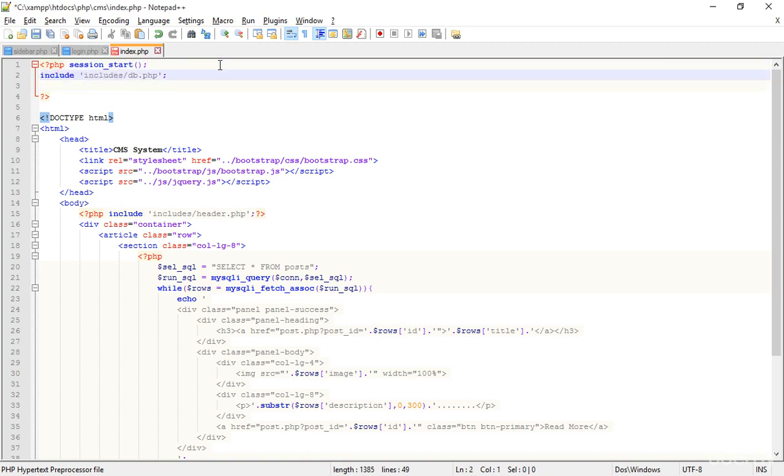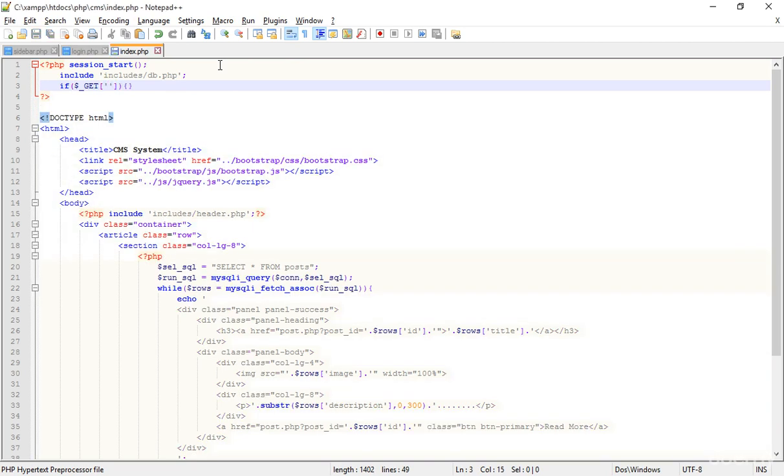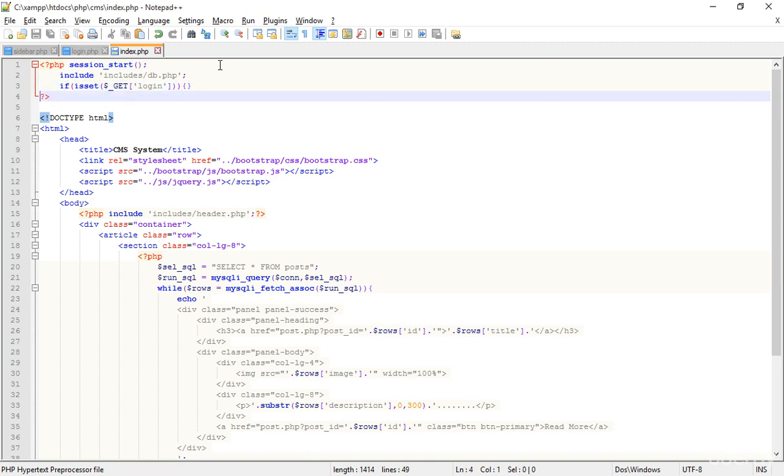So here what I'm going to do is, if get, which request I'm receiving, login. Okay, before that I have to do one more thing, that is the isset function, and just cut that whole variable and paste it here inside this. Okay, if it's set the login,